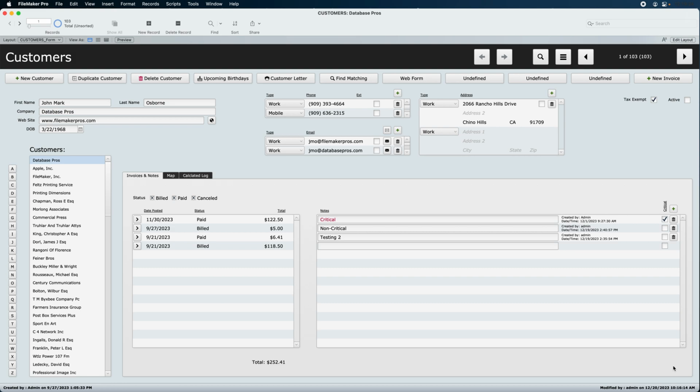A common addition to an invoicing solution is purchase orders. To start, we're going to add vendors for the products that need to be ordered via the purchase orders. So we'll go into Manage Database,